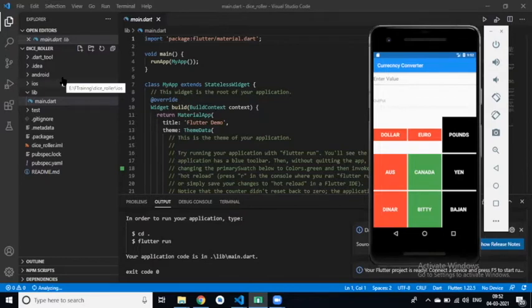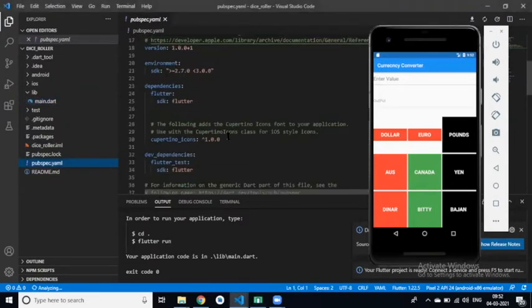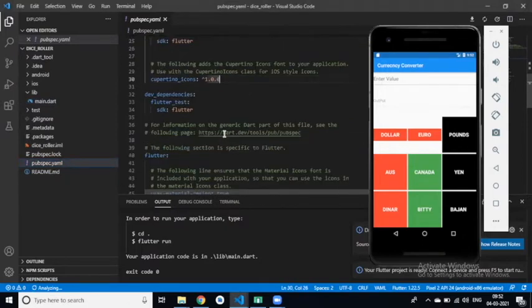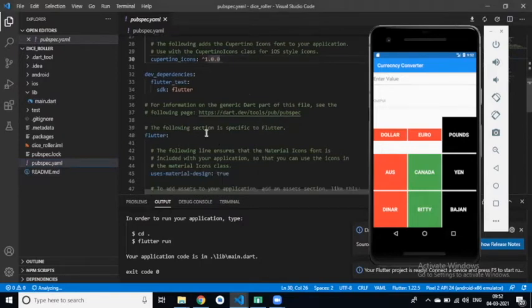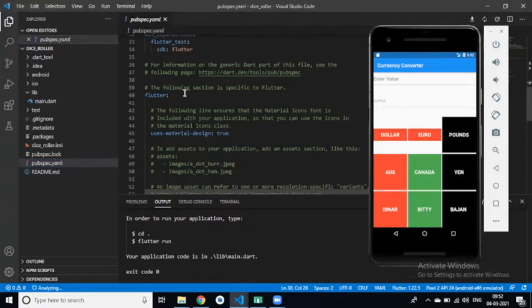For importing all the library files, we go through the library function and import all the packages. In the pubspec.yml file you can define all the packages. And if you want to use an asset image in your project, you have to define it here in the pubspec.yml file. Then you can use that image in your project.